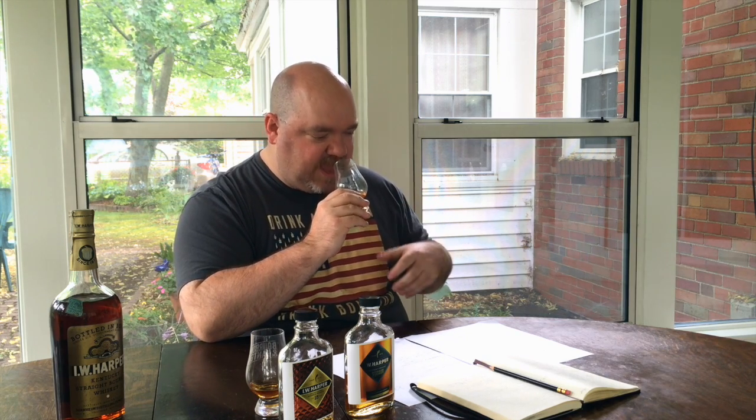The nose in this one, it's got one of the more pronounced noses that I've had in a while. And I don't know if that's a good thing or not, but the first thing I'm hit with when I stick my nose in this is ripe bananas. I mean, it's crazy how much banana is on the nose of this. And when I smell bananas in a bourbon, I immediately think,